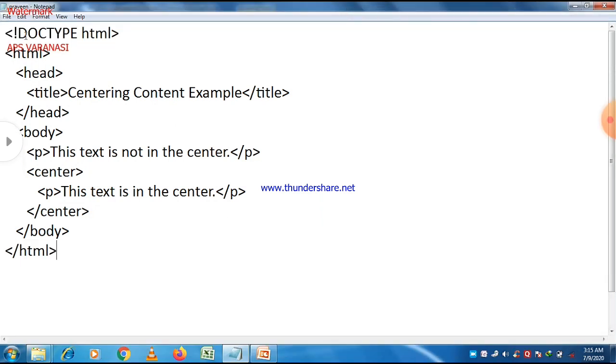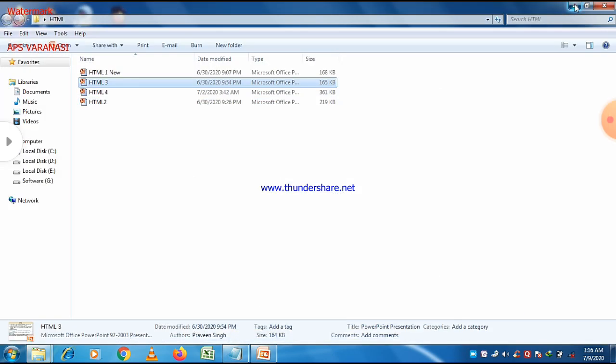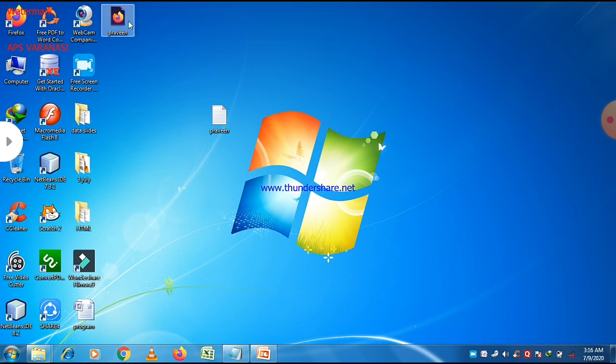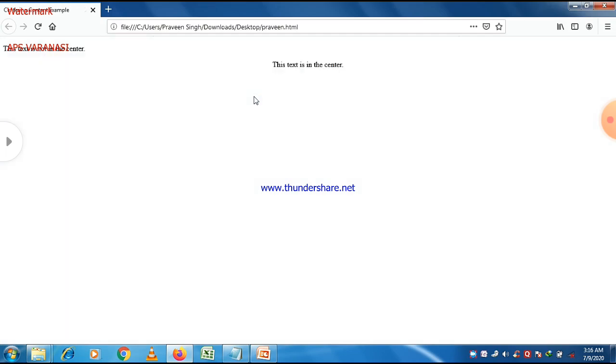Now let's execute this program. Just minimize it. You can see that this is a file named Praveen, and the symbol of the web browser Mozilla Firefox is here. So it is an HTML file. Just double click on it, and we can easily see the output of this program. One paragraph, which is not written within a center tag, is basically displayed normally,